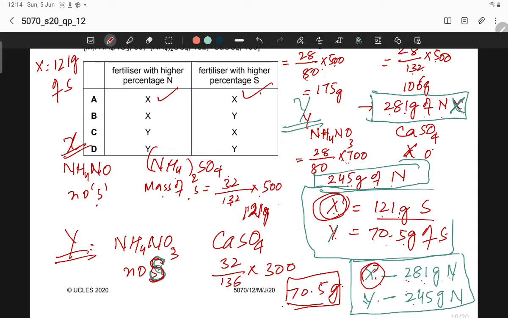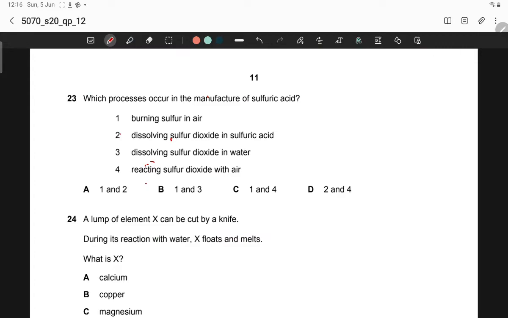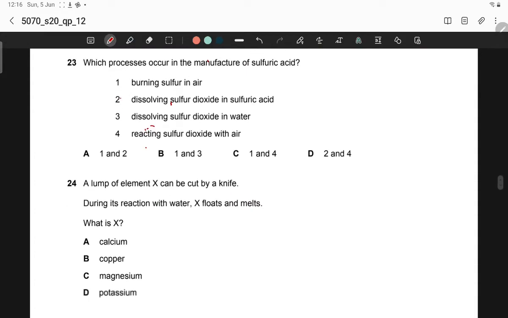281 gram nitrogen is higher, while in X 121 gram of sulfur is higher. So A option is correct option. Question number 23, which process occur in the manufacture of sulfuric acid? Burning sulfur